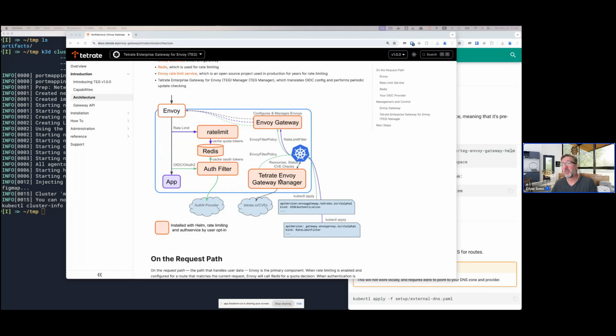There's also this Tetrate Envoy Gateway Manager, which acts as, again, a management plane perhaps for Envoy Gateway, which helps with scenarios such as upgrading the Envoy Gateway component itself, or doing CVE checks or things of that nature. All right, so let us